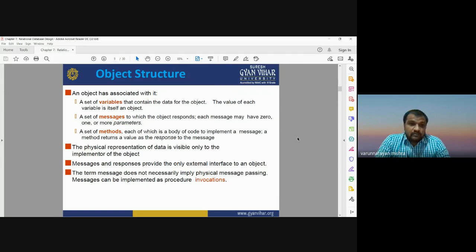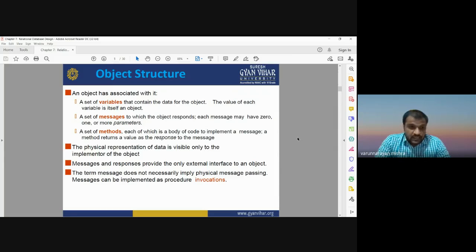First we talk about variables. When we talk about any entity, the entity may have some variables. When we talk about any road layers, any vector format or raster data formats, they may contain some variables. Variables may be one or more. If the data or entity has a single variable, then it can easily be managed by the relational data model. But if there are more than two or three variables of that object, we need to apply the object oriented data model.